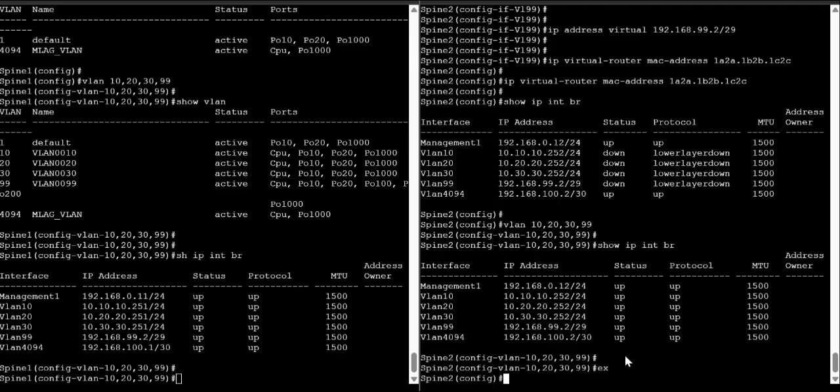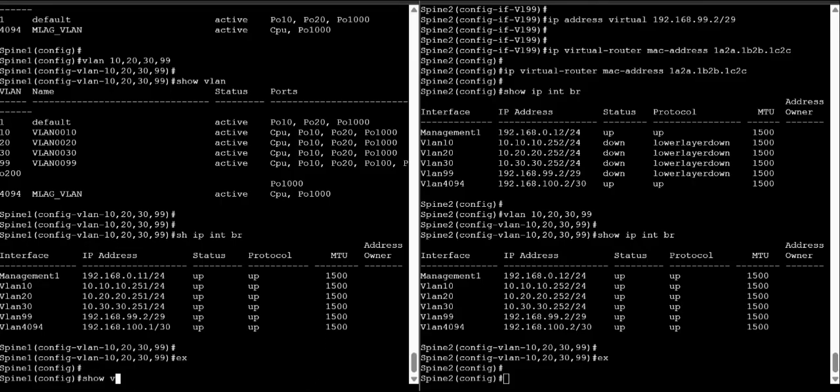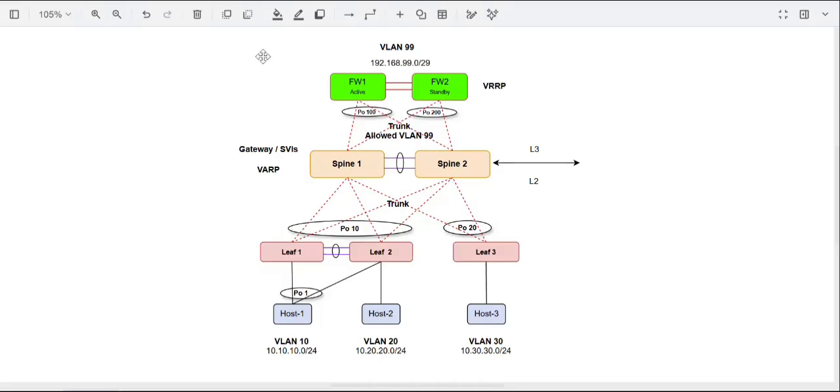There is one more thing that we need to look at. Let me do show VLAN and focus on VLAN 99. VLAN 99 is allowed on port channel 10, 20. Right now, VLAN 99 is allowed on these trunk ports, and I don't want that. I want VLAN 99 to be allowed only on these trunk ports as well as the